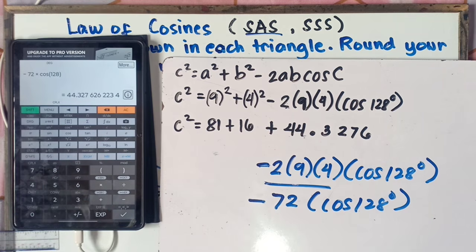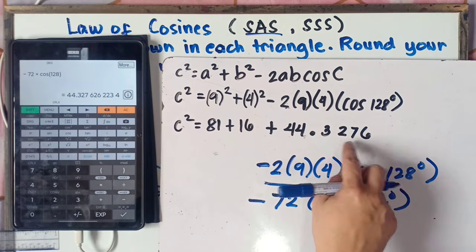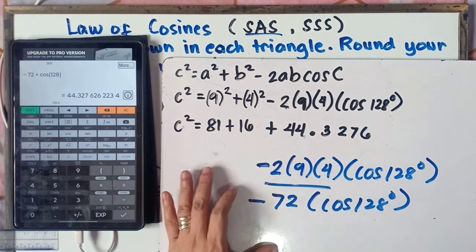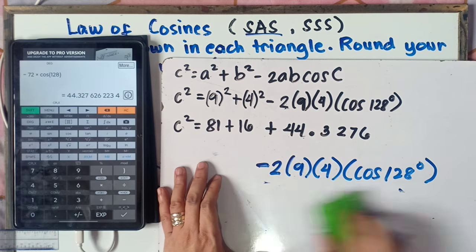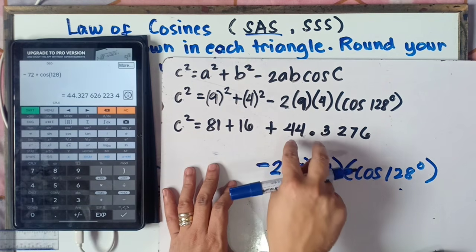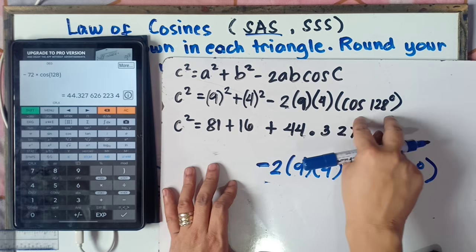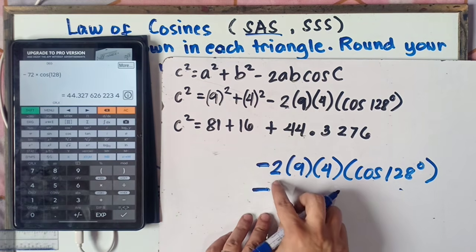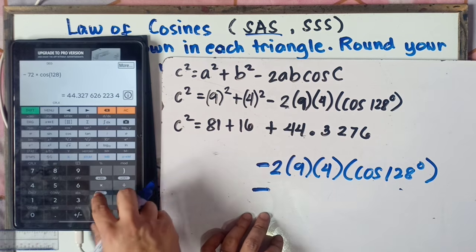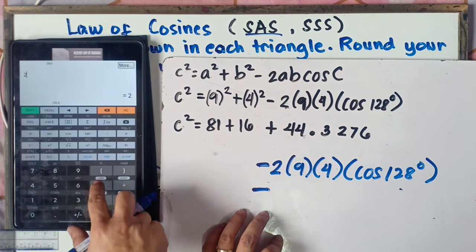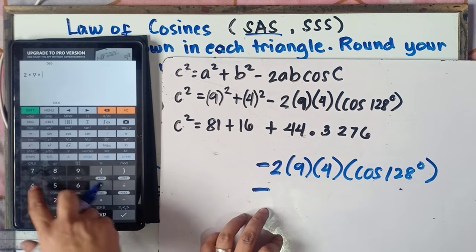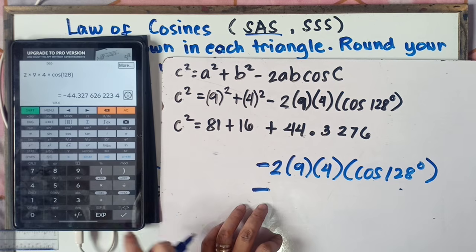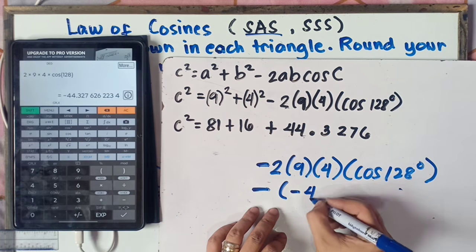You will have 44.32. Same answer, class. Because this one, if you copy the symbol, class, just another solution, because many of the students, class, they will commit mistakes in this part, especially if the value of cosine angle is negative. So you can copy the sign, and then simply multiply that one, 2 times 9 times 4 times cosine 128. The answer, class, is negative